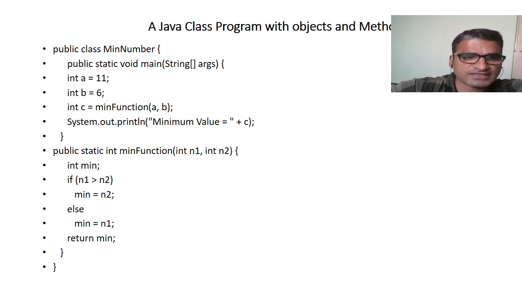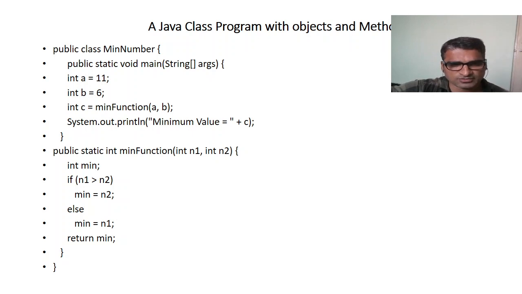So for the second object, I am also using the same integer data type, and I am giving 6 as the data value. For C, I am trying to find the minimum number of A and B. Whichever object has the min value, I'm passing that value to the min function. So I need to include the whole min function as an initialization of object C, which is of int data type. After declaring, I'm going to include an output statement.